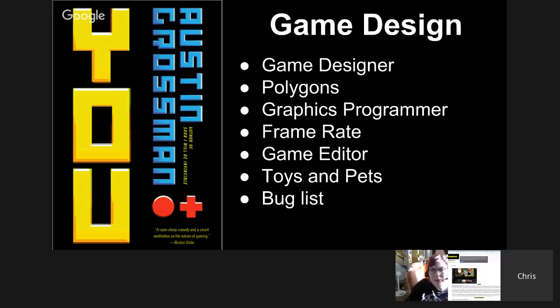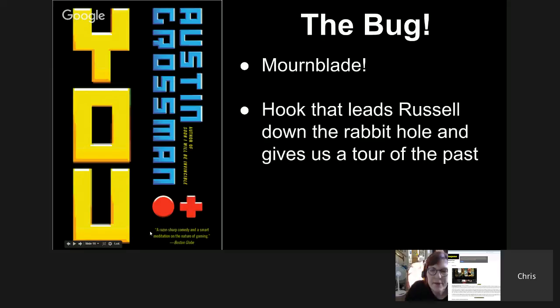Yes. Well, and that's the interesting thing about that sandbox genre, where it really does allow people to express their creative side. And so the other piece the book goes into a lot is the bug list.